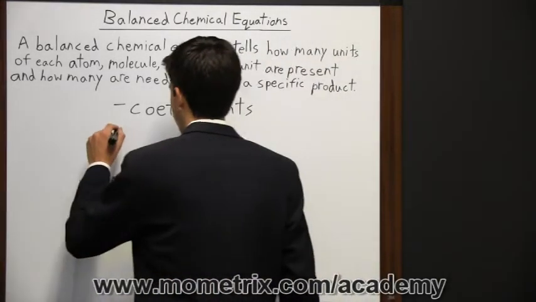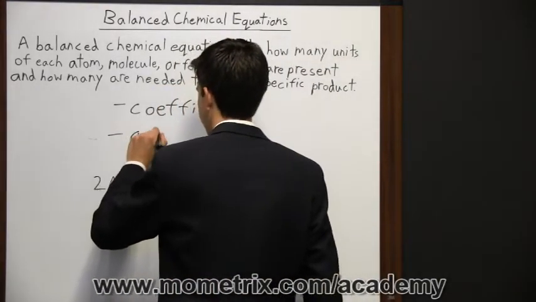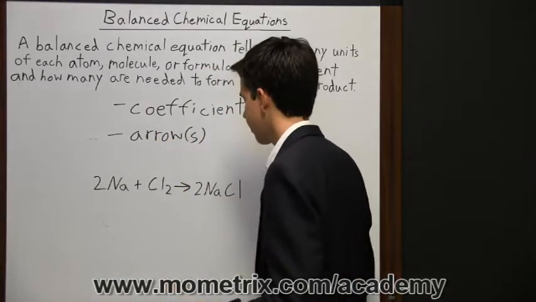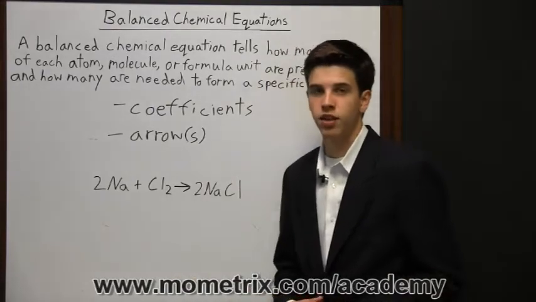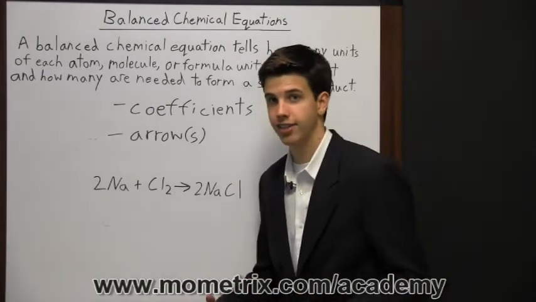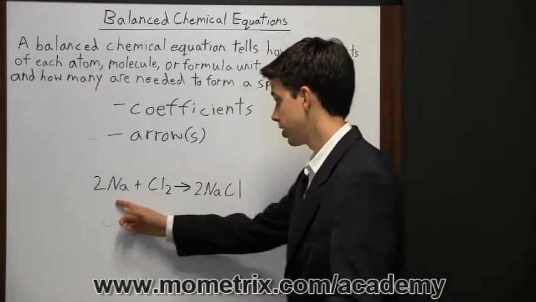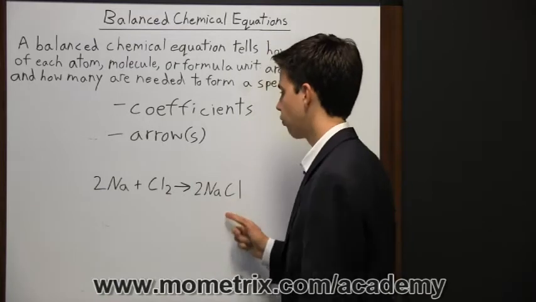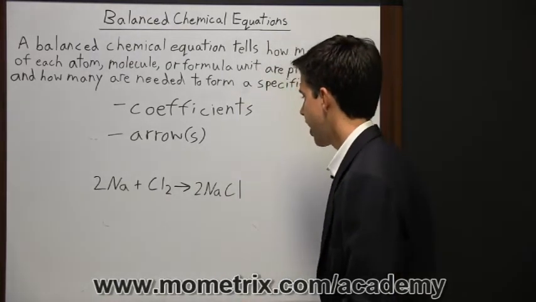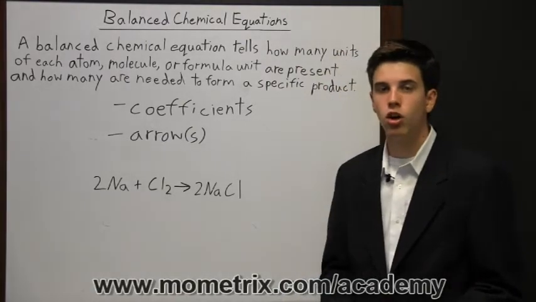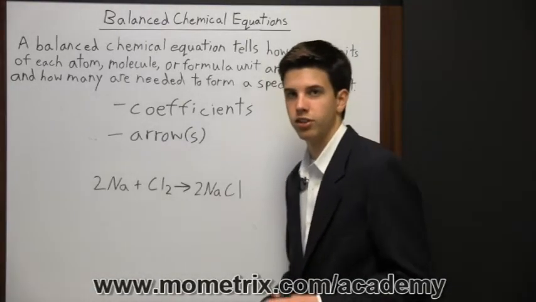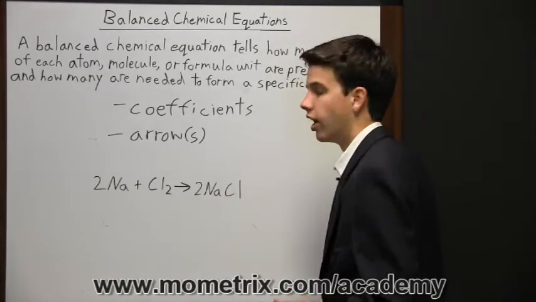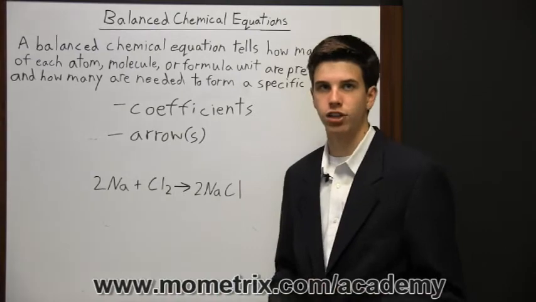So the next thing you're always going to have in an equation is an arrow. I'm going to put an S in parentheses here because sometimes you have more than one. And an arrow just shows the direction of a reaction, and it's going to move from the reactant side of the equation to the product side. So here's the reactant side because these are the things that are reacting together, and here's the product, or what they formed. Now sometimes you may have 2 arrows pointing in opposite directions, or a double-headed arrow where it's one line but there's arrowheads pointing in both directions, and that shows that it's a reversible reaction.